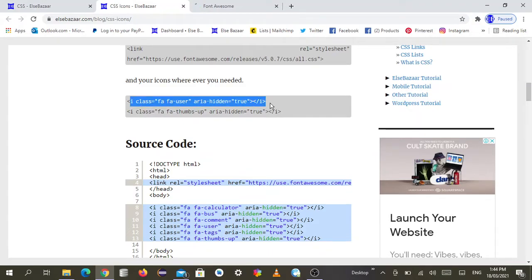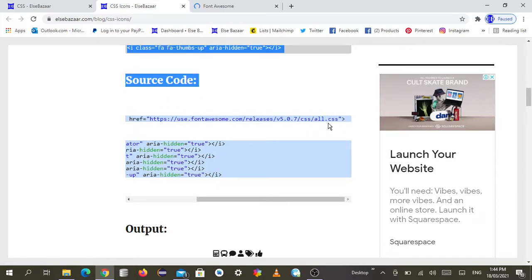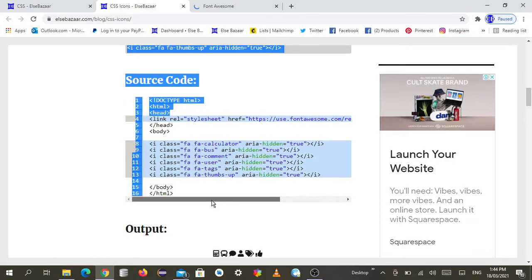This is the Font Awesome icons. You need to use it like this. This is another syntax of Font Awesome icons. Here you can see that in the HTML page, in the head section, we have provided the style sheet of the font icon. All the CSS here is the font icon CSS,